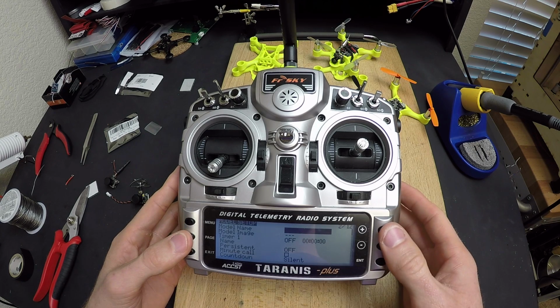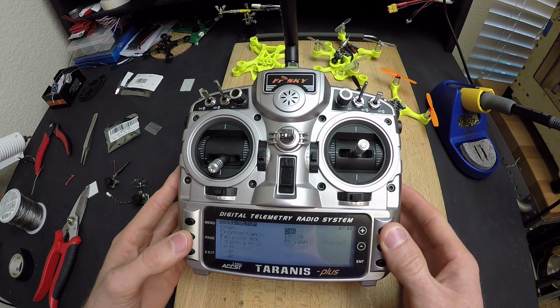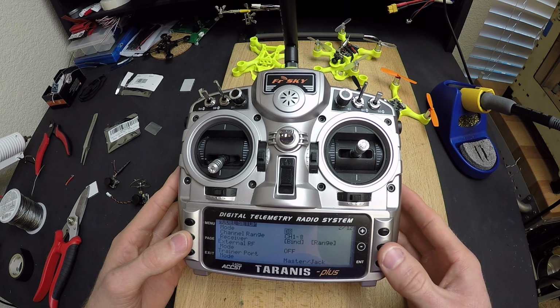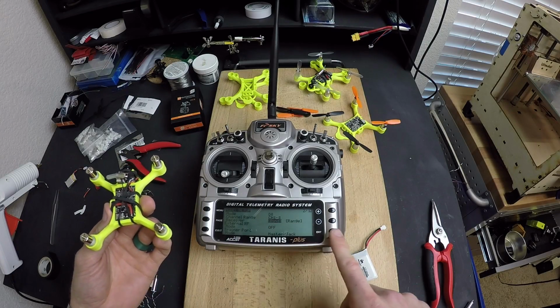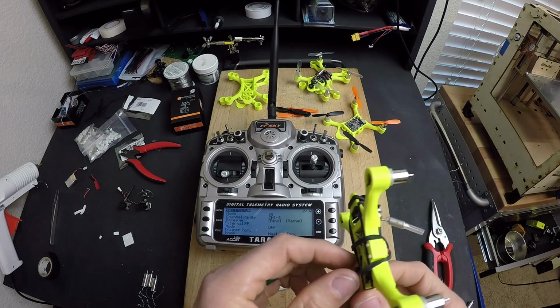You can change the model name here if you want to. I'm going to press up to go to the very bottom of the list. We're going to keep scrolling up. The receiver that we have is a D8, channels 1 through 8, and then there's the bind button. To bind it, we simply just highlight the bind on the controller, hit enter, and it'll start chirping. Once that chirping noise can be heard, you're ready to